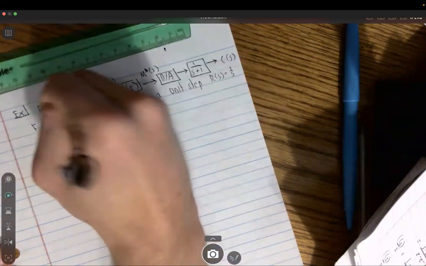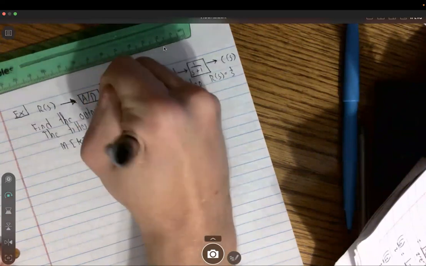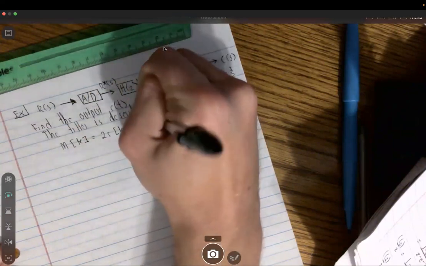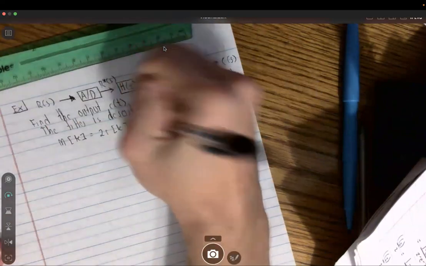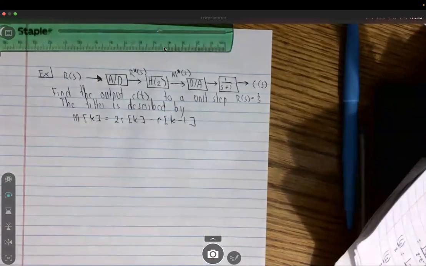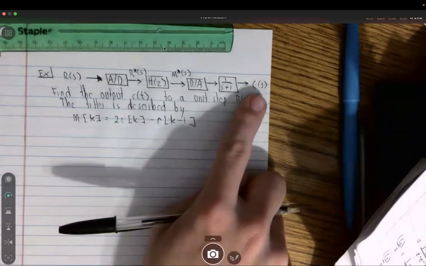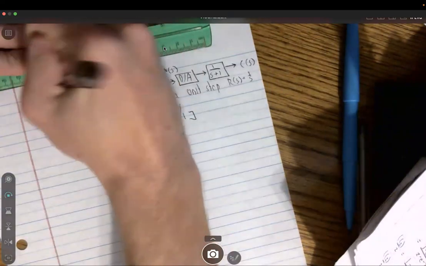M of K is equal to 2R of K minus R of K minus 1, okay? So they gave us an equation describing the filter. So what we have to do is, looking at this, we're going to have to find what our filter is in particular. Because if we're going to make an equation, remember what this looks like is we have our R